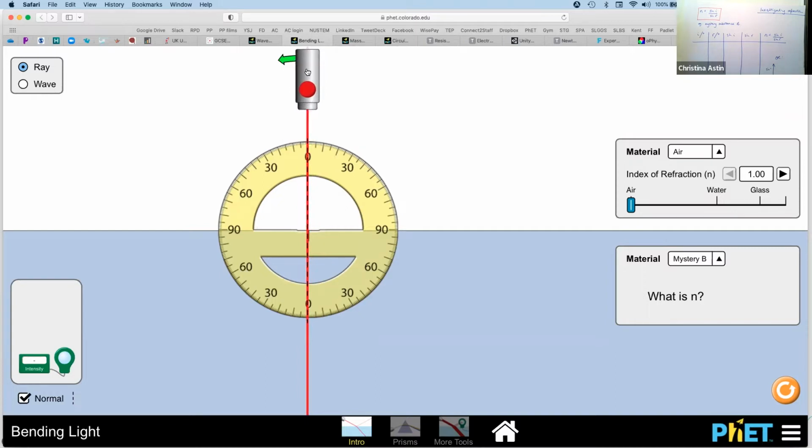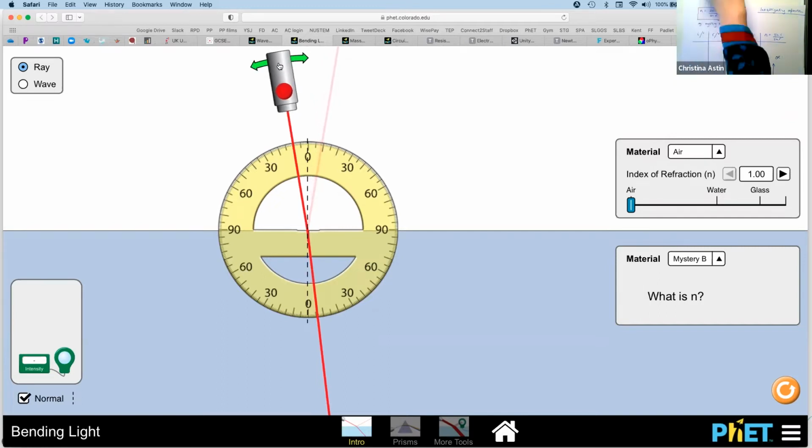Okay, so this is the way that they would do the experiment. They might measure, as you can see on my page here, the angle of incidence there in degrees. So that's 10 at the moment. And the angle of refraction is down here. And that looks to me to be about 6. And then they find the sine of the angle